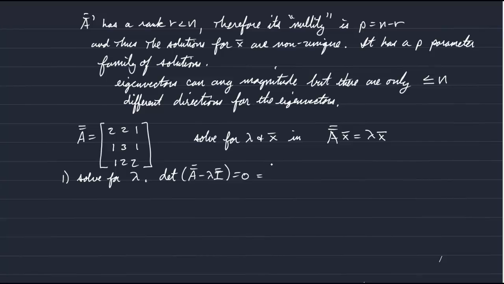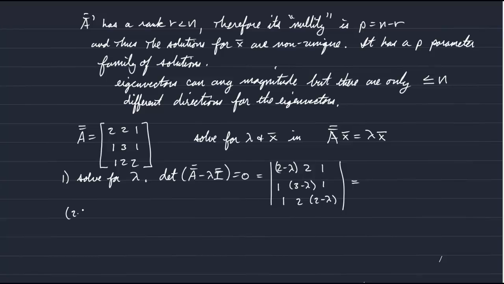And the determinant of A minus lambda times the identity matrix is the determinant of 2 minus lambda in the upper left diagonal, followed by 2 and 1. And then we have 1 times 3 minus lambda, followed by 1, and then 1, 2, and then 2 minus lambda in the lower right-hand diagonal element. And this gives the characteristic equation